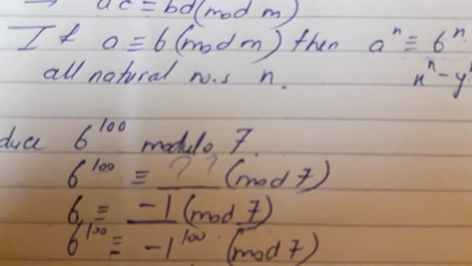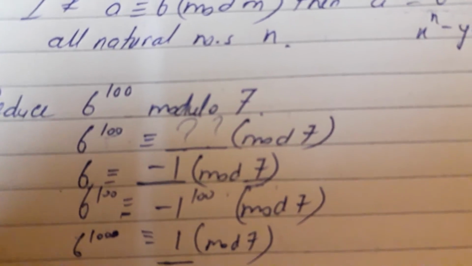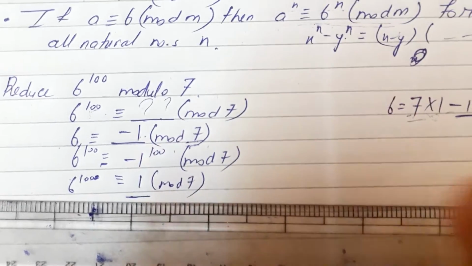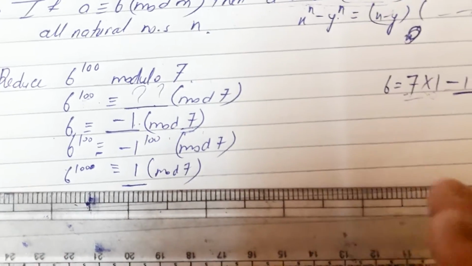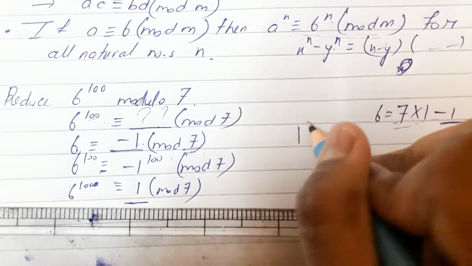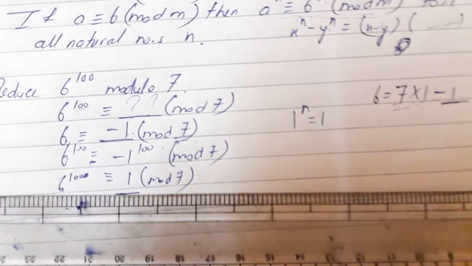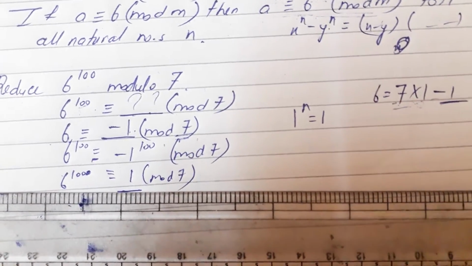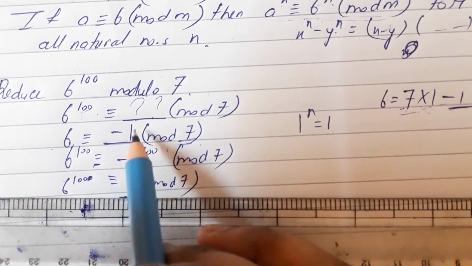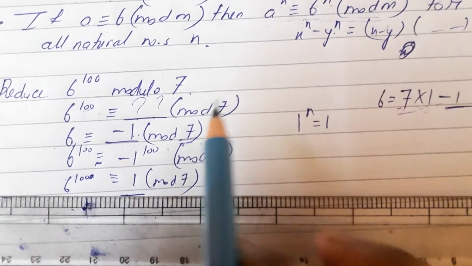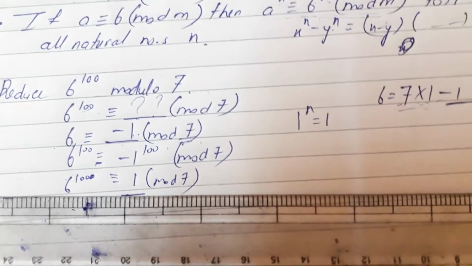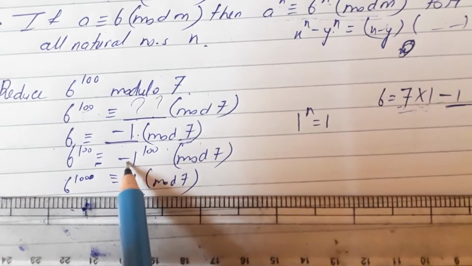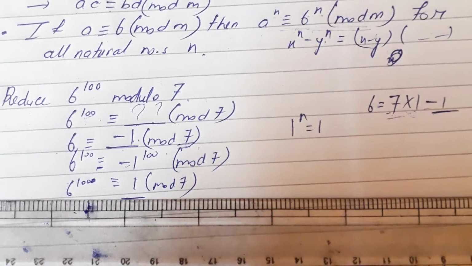Now the important thing that I have to say is that always try to bring 1 or minus 1 here, because we all know that 1 to the power n equals 1. 1 to the power anything is always 1. So to make your calculation easy, please always try to bring 1 and minus 1 in this remainder part. If you cannot bring it, then in that case you can solve in another way, but always try to bring 1 and minus 1 here.